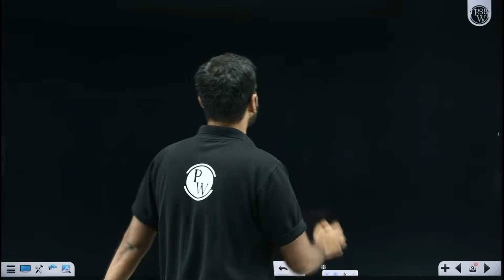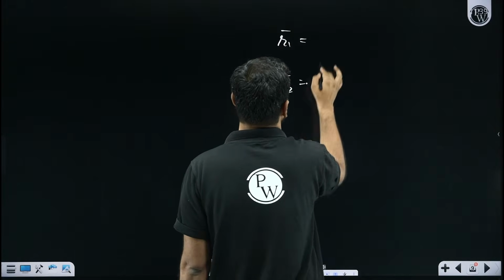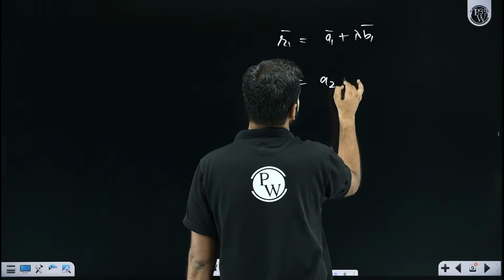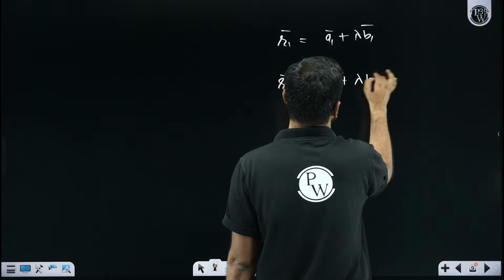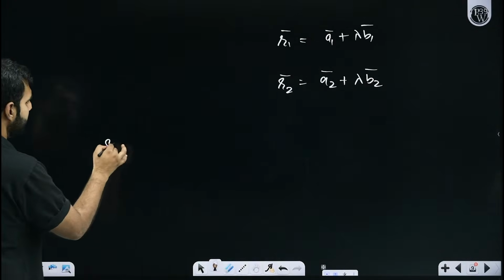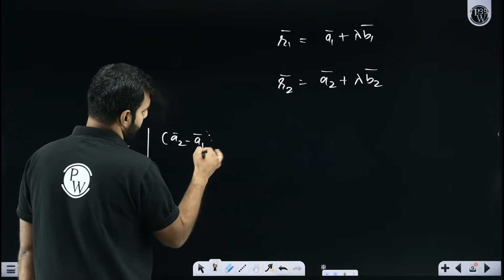Now from here, I hope you do remember. Let's say there are two straight lines whose vectors are given by R1 and R2. Let's say R1 is given by A1 plus lambda B1 and R2 is given by A2 plus lambda B2. And these are two skew lines. So the shortest distance between these two skew lines is given by, I hope you do remember, the great formula: A2 minus A1